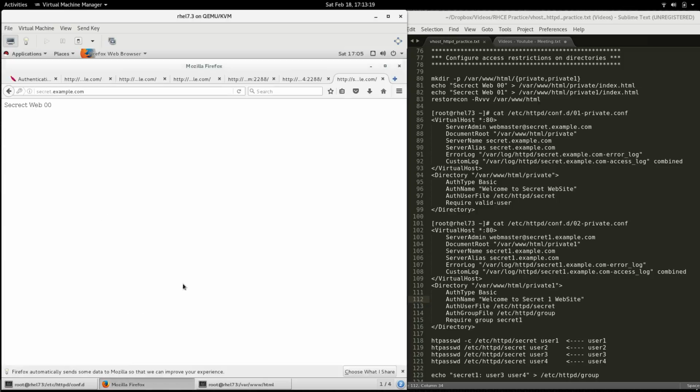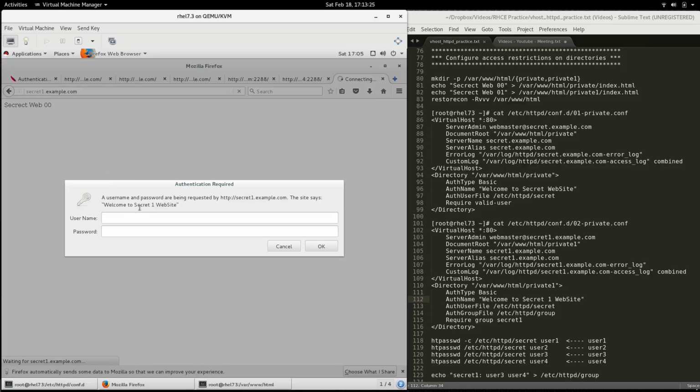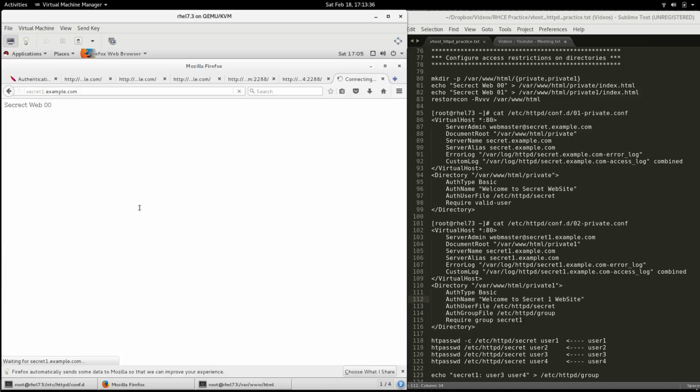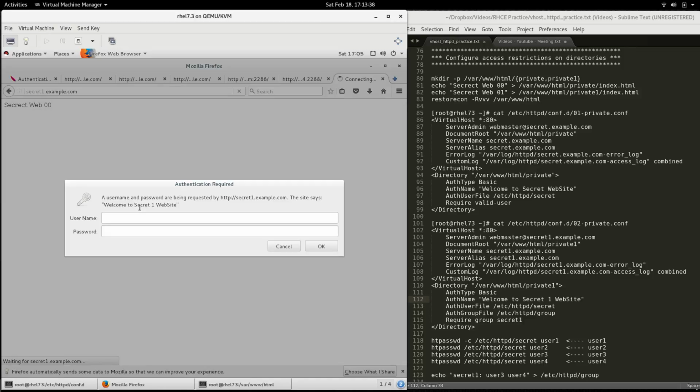Okay, now if I go here and say secret 1, welcome to secret 1, I try with user 1, and what happens? It failed. It can't get in because it's not part of the group that I created. But if I go to user 3, user 3,